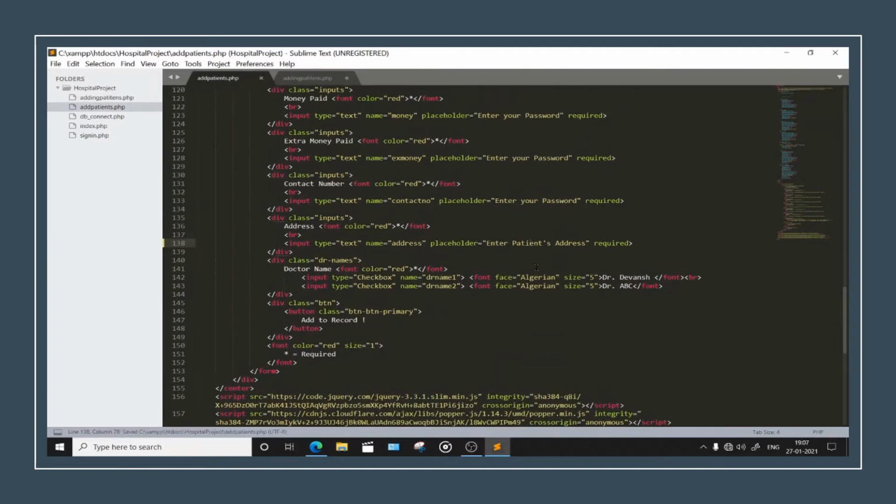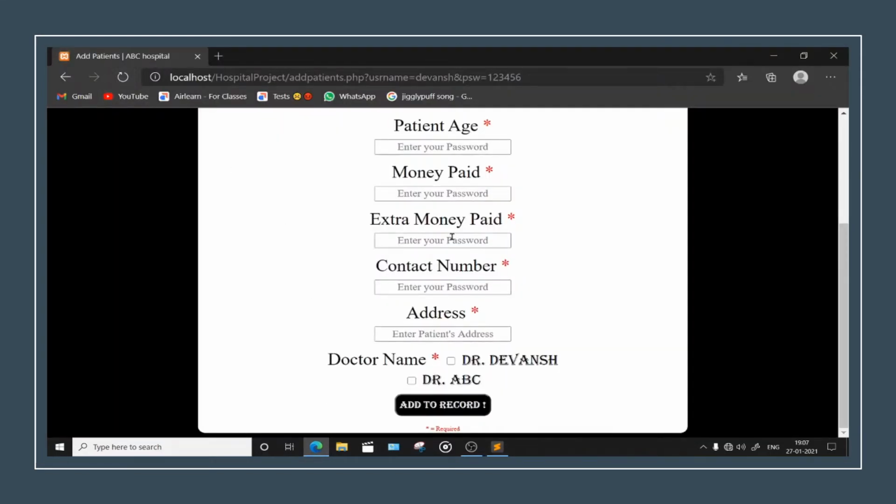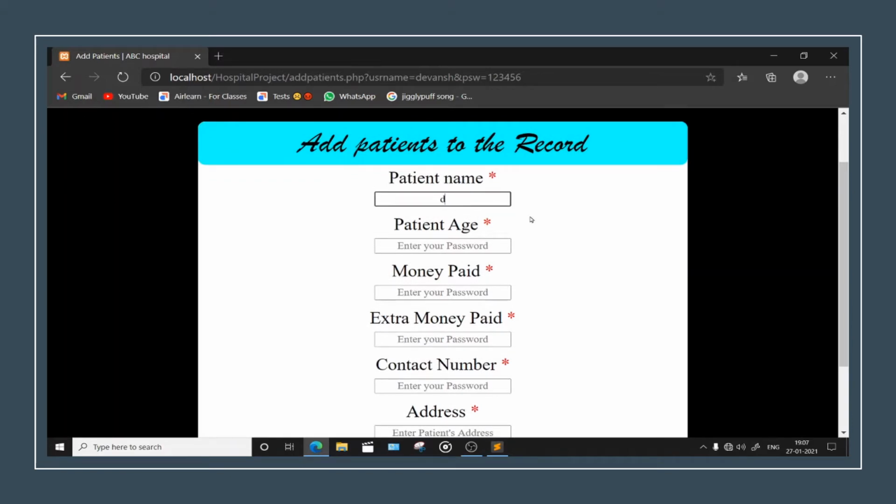What I need to do is guide you to the very end, right? So for now we have done all these things. We have got all the variables down there. Now you need to declare one variable, total money, which is the total money taken from the patient. Well, it's this plus this, right? So we have PHP here, money plus dollar extra money. We have done this thing. Now let's refresh this once again and fill in all these things.